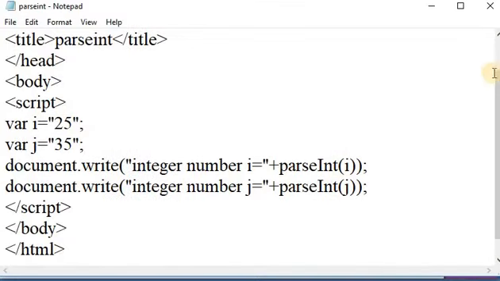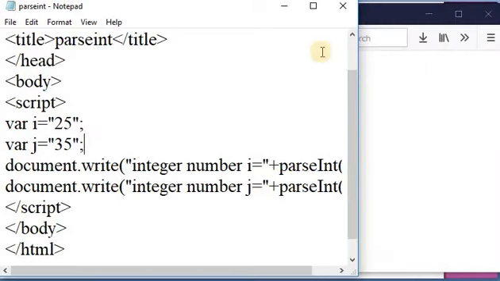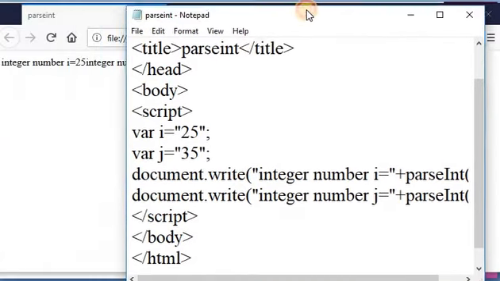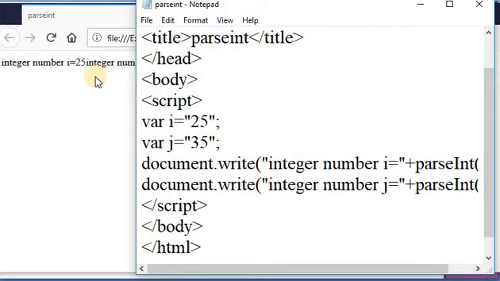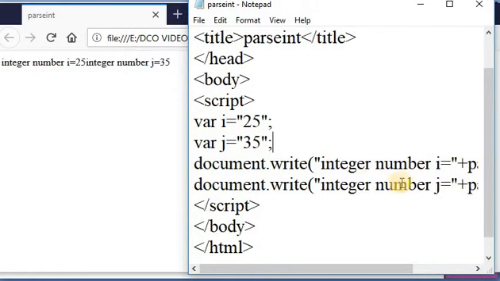Here in this program, the first string 25 is converted into a number. Again 35 is also a string which is converted to a number by using the parseInt method. Here you can write a break tag.